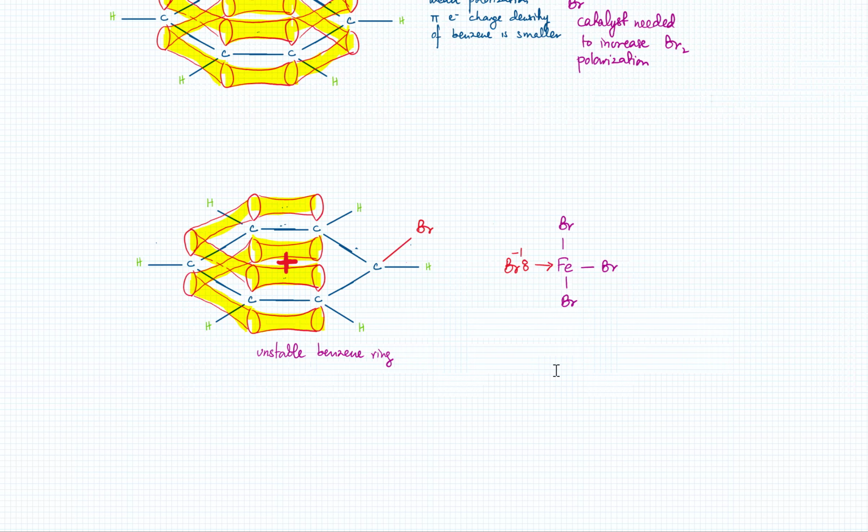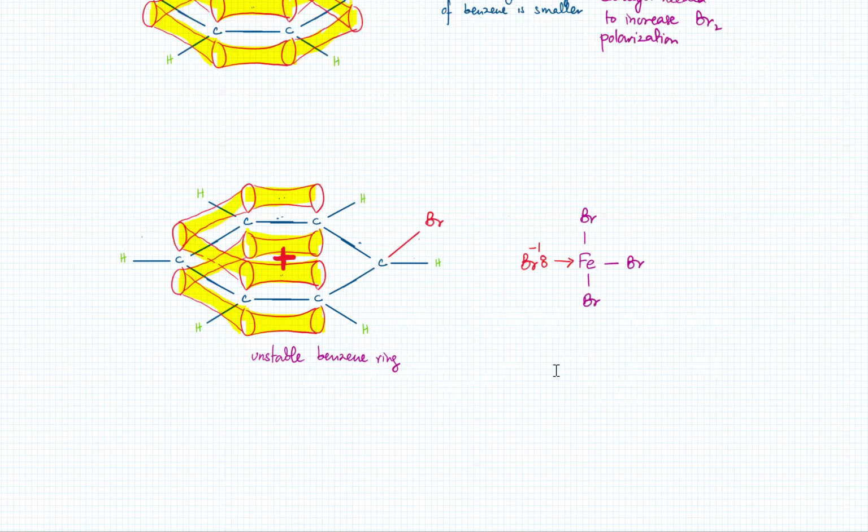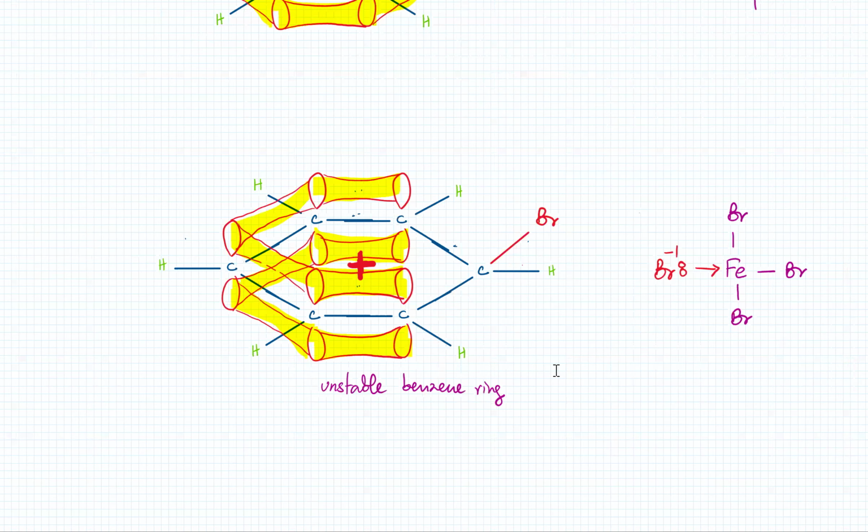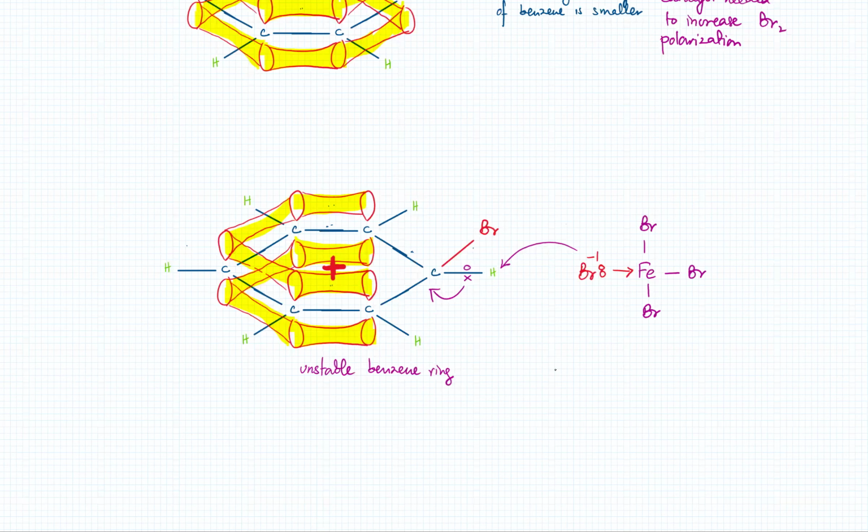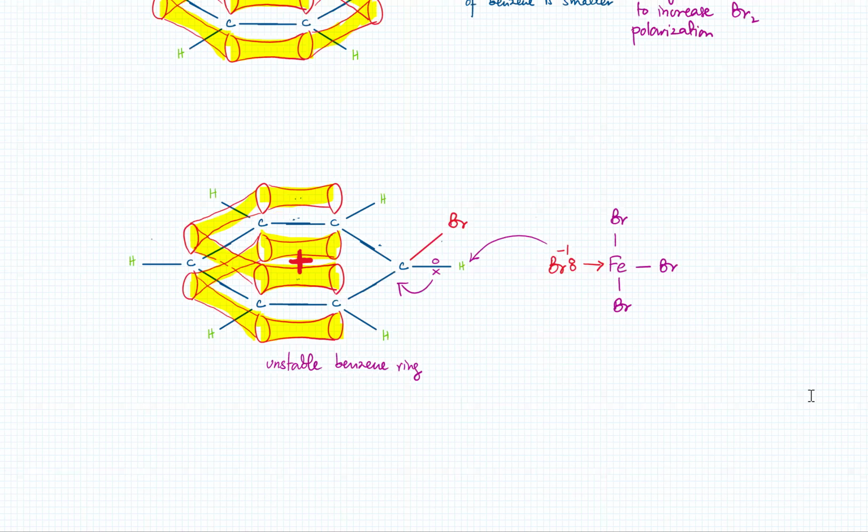So what it does is that it wants to stabilize because there's one electron missing. So it pulls an electron from the hydrogen over here. That electron is going to come back, and where would the hydrogen go? It's going to bond with the bromine, which is bromine minus one. These two will end up forming HBr. The electrons that are over here, they'll form the p orbital again. So in the next step, what happens is